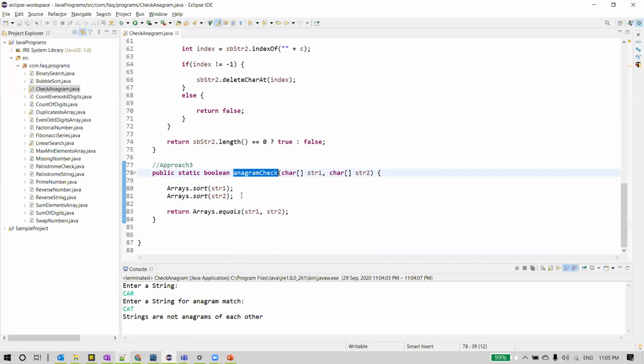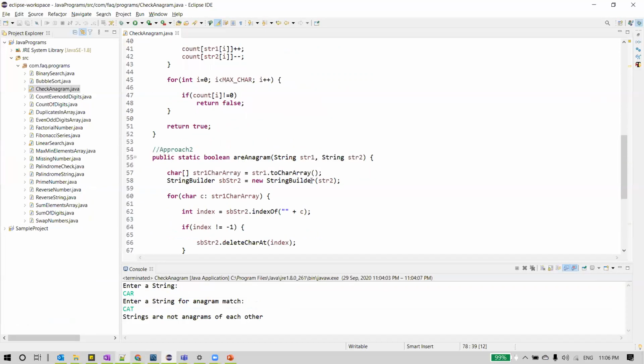This is so simple. We just need to sort the two strings. So first we'll sort this. Say for example, in our case like army, right? So it will be sorted, and then string 2 will be sorted, and both will be same when we sort it. And that is what we wanted to verify here. If both are equal, then we will return that it is equal. We are returning the result of this Arrays.equals method, which returns true if these two strings are equal, or else it will return false. Now let me call this method from main method.